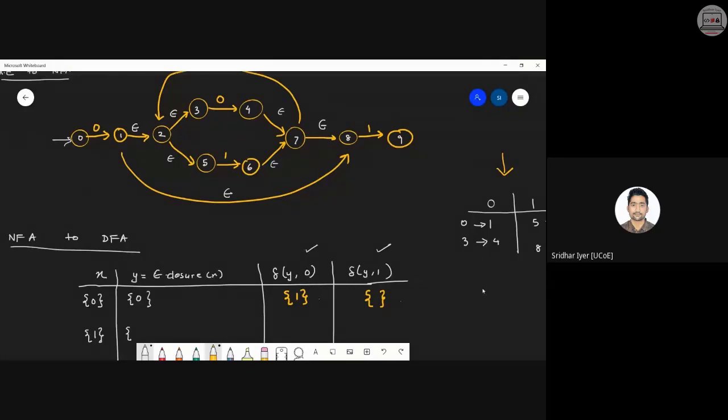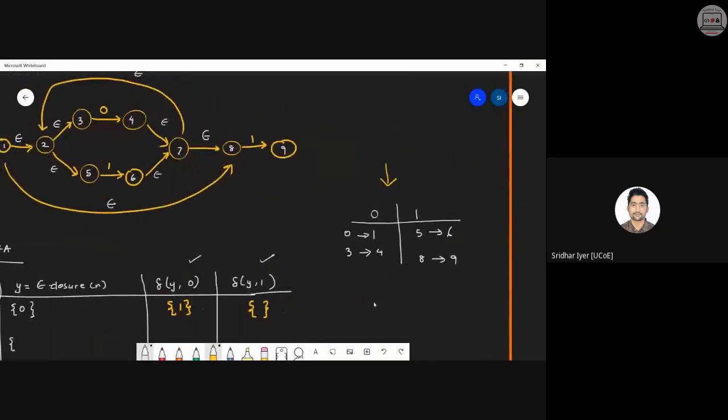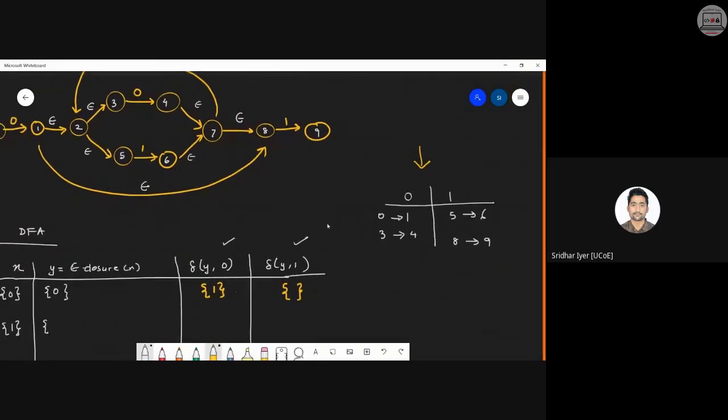Clear with this? Similarly, I have written this shortcut for you. Check the diagram once and design it. I have designed it like this. There are two inputs, 0 and 1. So simply write all those states which are having transitions for input 0. Similarly, all those states which are having transitions for input 1. Then which exact column you want me to explain? It is going from 3 to 4 also.